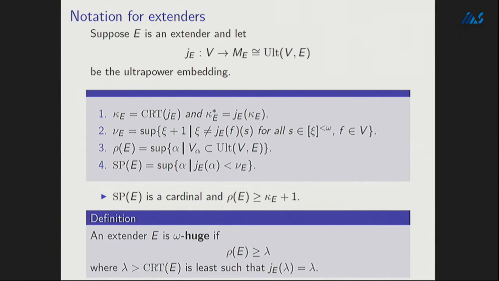Okay, I want to go near the ceiling. An extender is omega huge if its strength is greater than or equal to the first non-trivial fixed point of the associated embedding. That's just about how strong an extender can be. That's the maximum possible strength by Kunen. Okay, another formulation of Kunen's theorem. It's not hard to see that the first fixed point of any elementary embedding from V into M: you take the critical point and take its image, and then take the image of the image and take the sup. Okay, so that's the maximum possible strength of an extender.